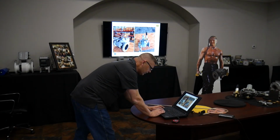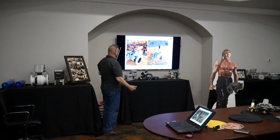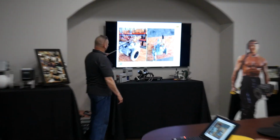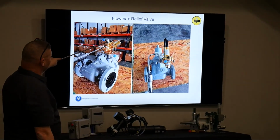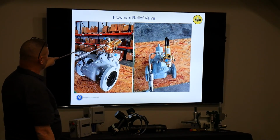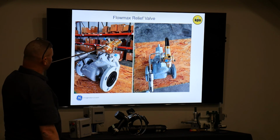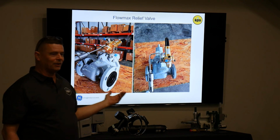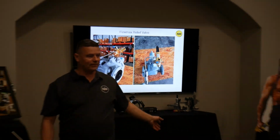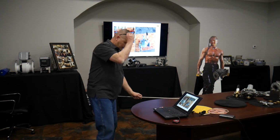Okay, this is the way we do it, like Casey was describing. We put everything together for them and describe it all. This was one that was set up as a relief, where we're giving them the fitting for the return line. All they have to do is do it. They've already got a swage lock connection to go upstream from their pilot directly, so it's hinting for them to do it. And the cartridge has already been changed to BPV, so all they have to do is drop it in and tube up their sense line and the return line, and they're golden. Okay,